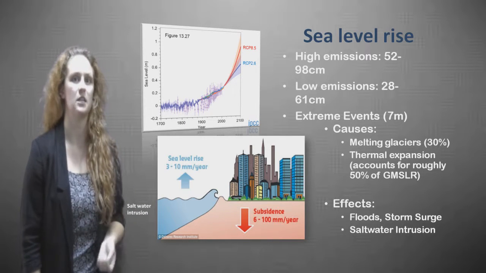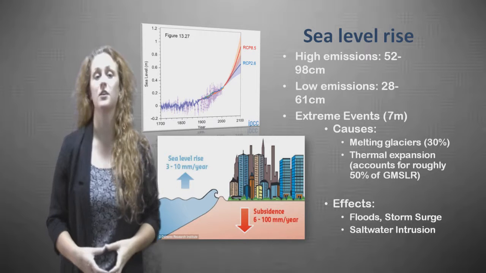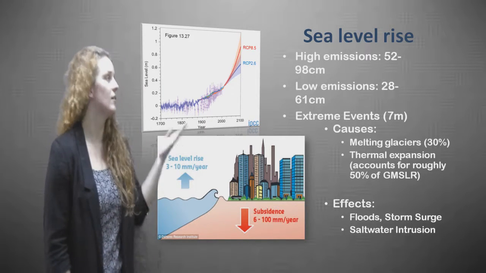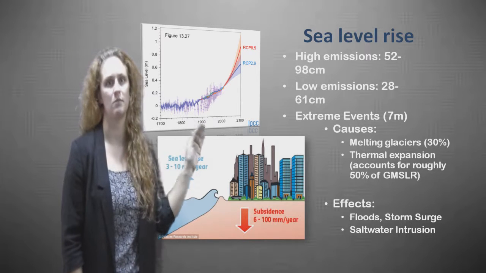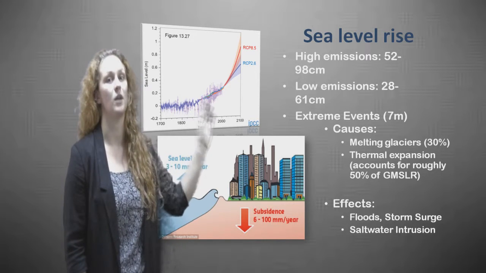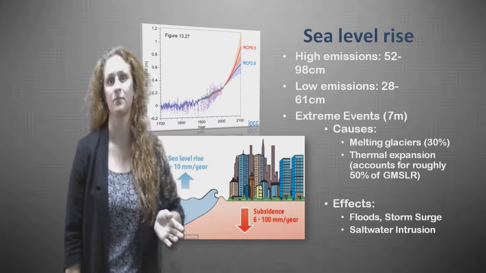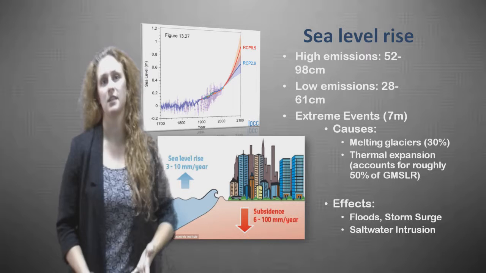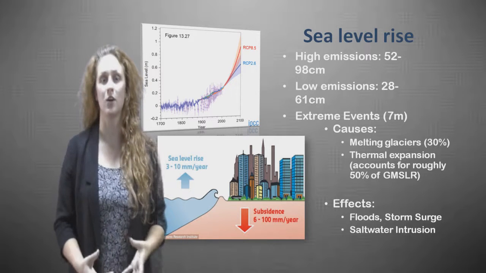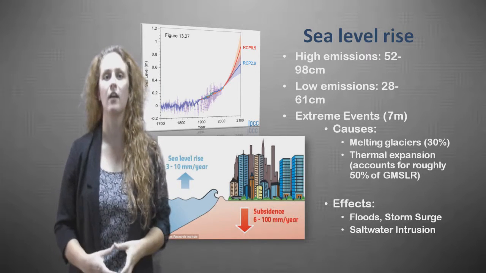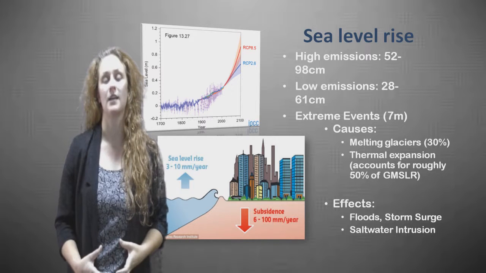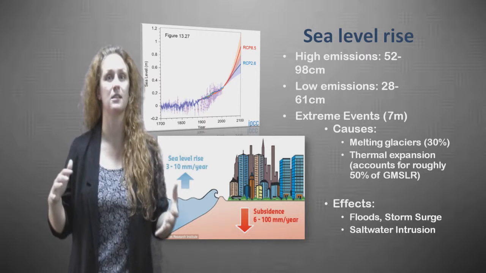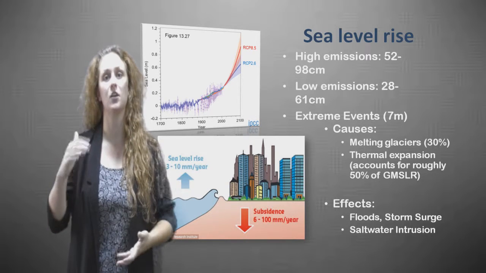And really extreme conditions, such as the breaking off of the Antarctic ice shelf and the melting of all the glaciers on Antarctica and Greenland, we could see up to 7 meters. But this is a really extreme scenario, and not one that we're likely to plan for in most disaster risk management scenarios. The cause of sea level rise, I want to note here, is not the melting of the polar ice caps, as some people often talk about. It's not the melting of sea ice. Rather, the primary driver of sea level rise is actually thermal expansion. Simply, as the sea water warms, it expands and gets larger, so that we have an increase in sea level